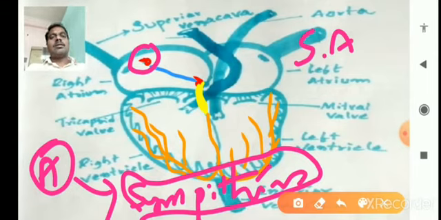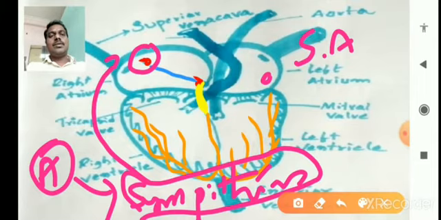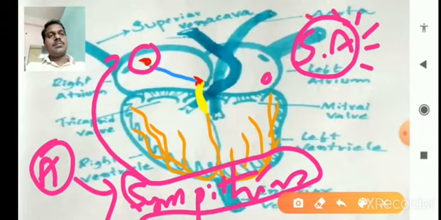the heart regulation. So the sympathin is now released, and the right atrium is filled with deoxygenated blood. At the same time, oxygenated blood is present in the left atrium. This sympathin activates the SA node. When the SA node is activated, some signals are produced from the SA node.